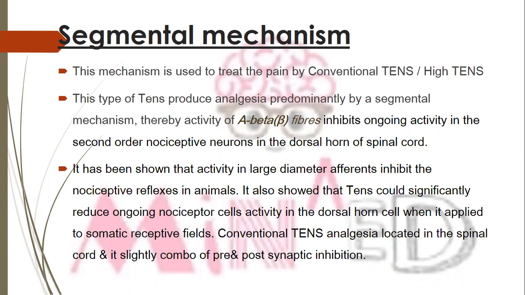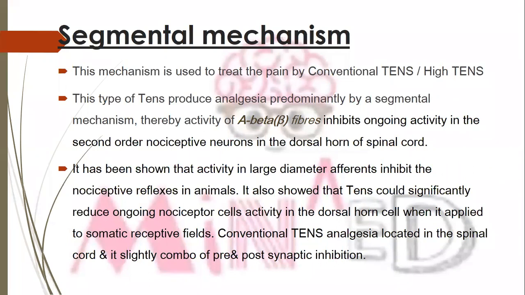The pattern is usually continuous, although conventional TENS can be achieved by delivering pulse, burst, or trains. You can also use PWM, that is pulse width modulation. There is also frequency modulation, but mainly we use the conventional TENS, that is continuous TENS, that feels like a normal current. If you have ever felt a shock, it is like that. It is the same sensation as having paresthesia in the leg muscles.